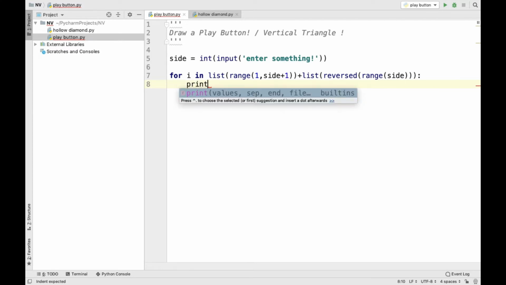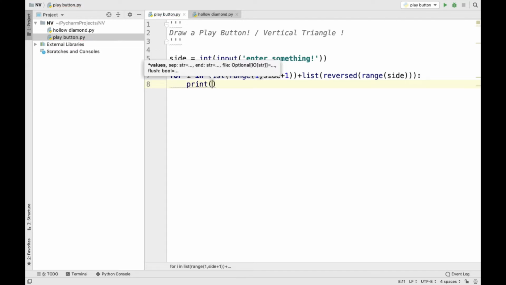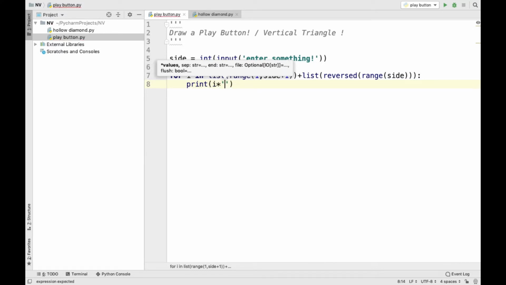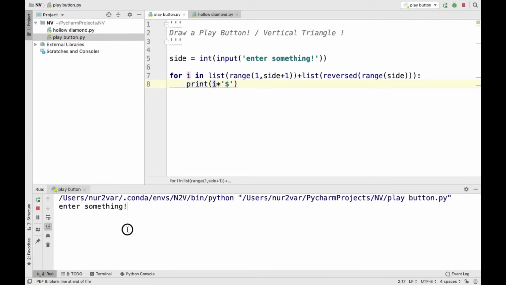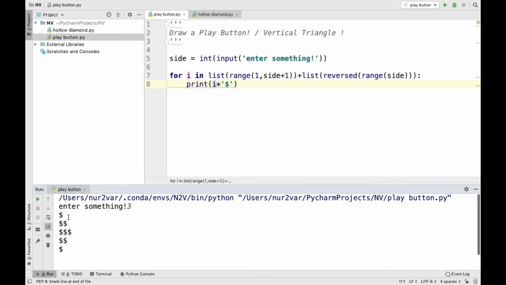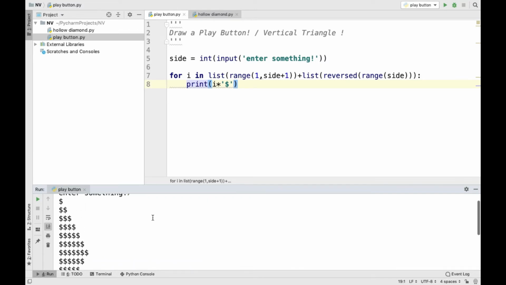Now simply we will write a print statement, and as I have told you, in the first line there is 1 star, and the second line is 2, and so on. So we just need I into any character like this. That's it, it's the answer. If I type 3, as you can see we are getting this output. Also if I run it again by giving a big number like 7,